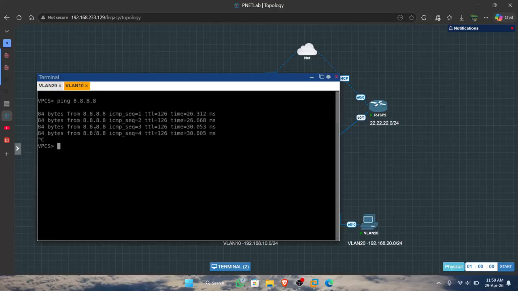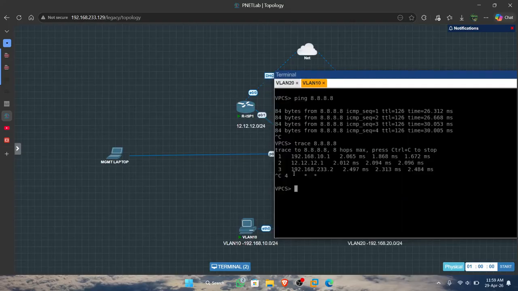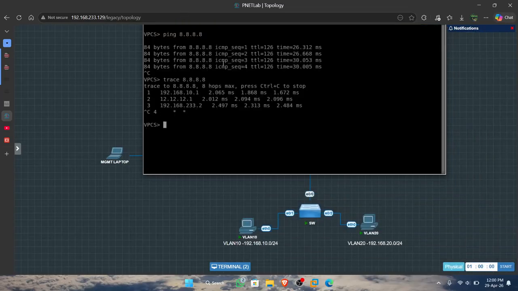So in VLAN 10 again, we track the IP to the internet. You can see the device from VLAN 10 connects to ISP1. The route goes from port 1 in Fortinet and ISP1 in Ethernet 0/1.